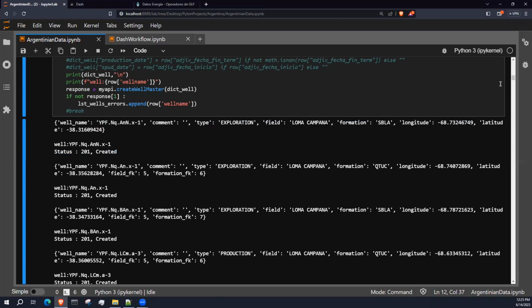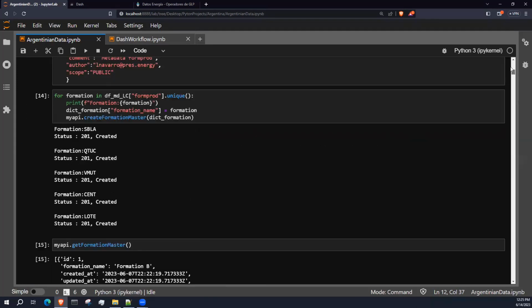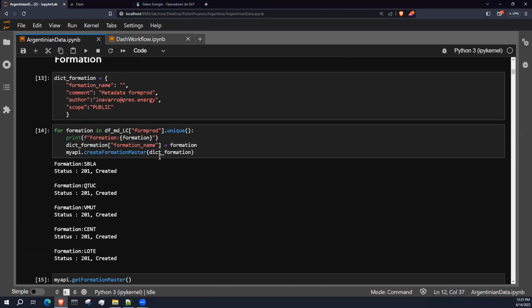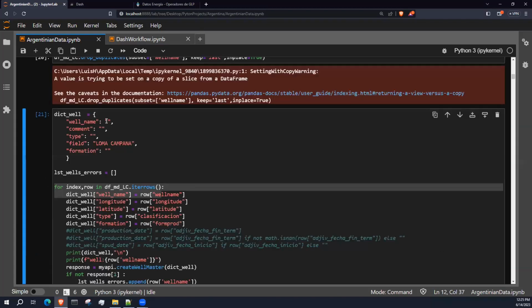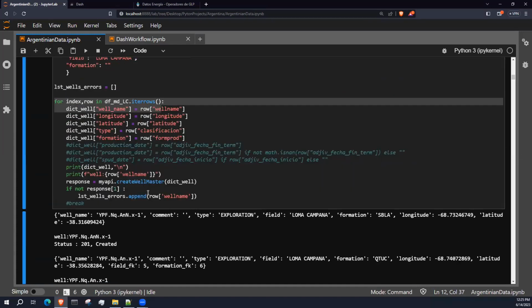So as you can see, we have 923 wells in the masters. We can keep scrolling and scrolling, and all the well master open data is being uploaded correctly. We can see it created, and so on and so forth. Of course, if for some reason the response is not created, other than the 201,